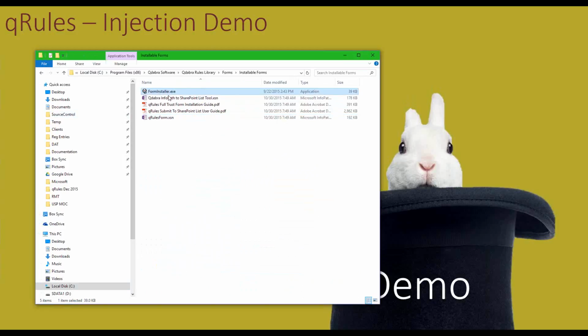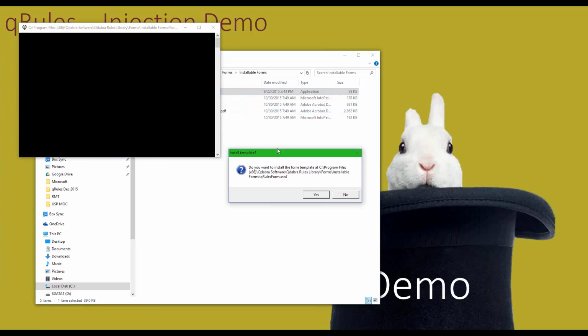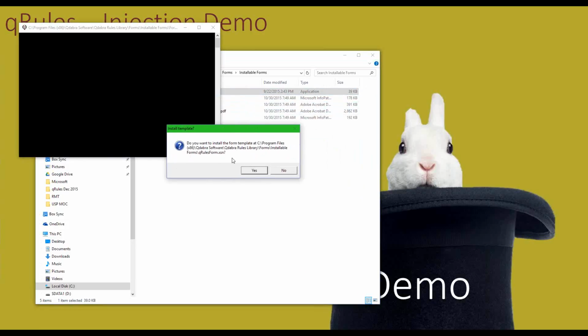And you can also reuse this application. So if you have full trust forms in your organization that you need to provide to people with a methodology for installing them, feel free to send them Form Installer with the form. You can just explain to them, look, all you have to do is drag the form on top of Form Installer. Make sure InfoPath is closed first, and then we should get a pop-up here. So we get a pop-up that asks if we want to install.